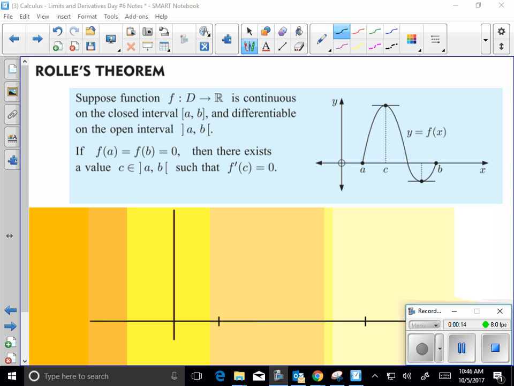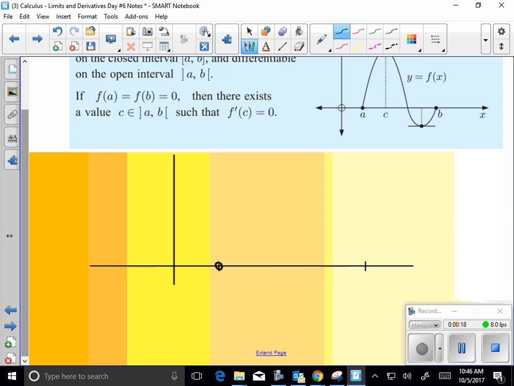Ready? If I have two values whose output is 0, let's say this is C. What is f of C? Oh, I don't want C. I want A. What is f of A? 0. What is f of B? 0. If a function is continuous between the two, doesn't matter what it looks like,